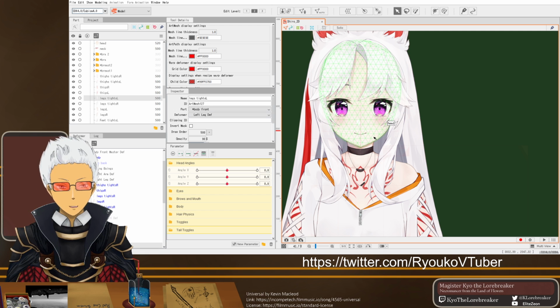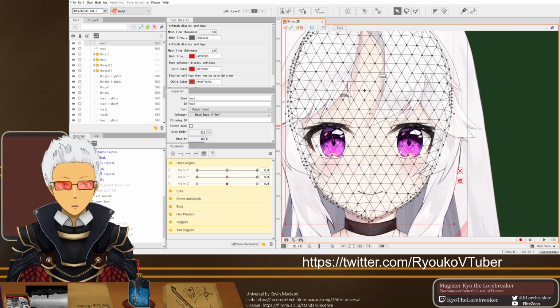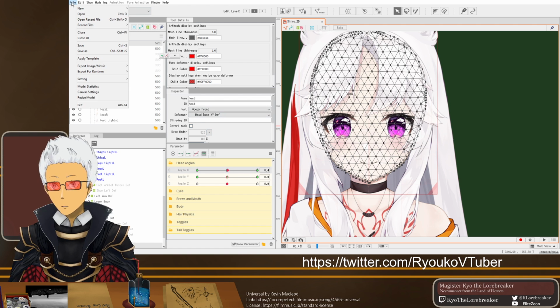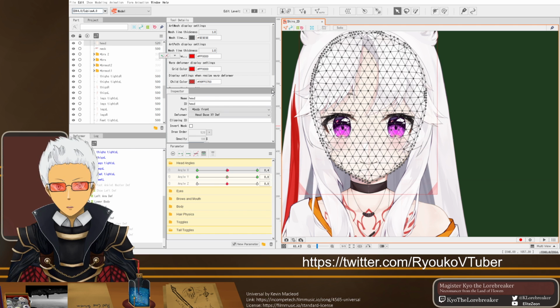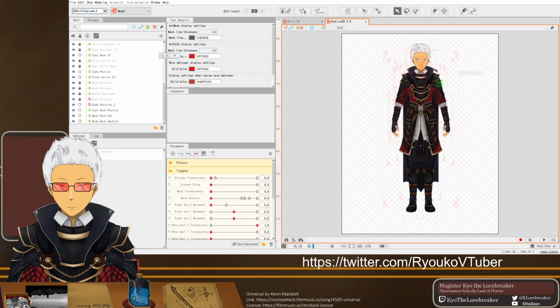Anyways, what we're gonna start with today, and it may take a whole two hours, is the base of her face, and just get that to do a simple left and right turn. And to reference that, I'm gonna use my own Live2D, just to have a point of reference. This is gonna take a second to load.